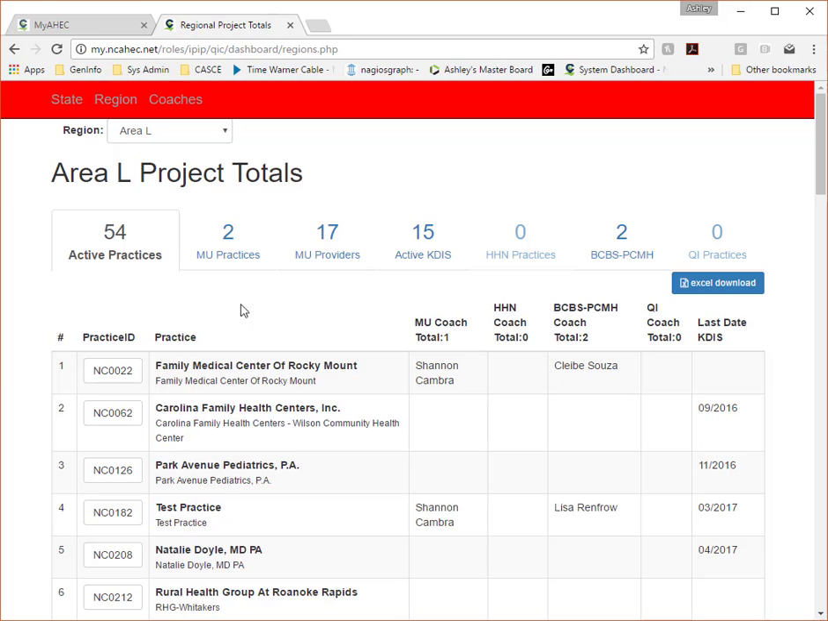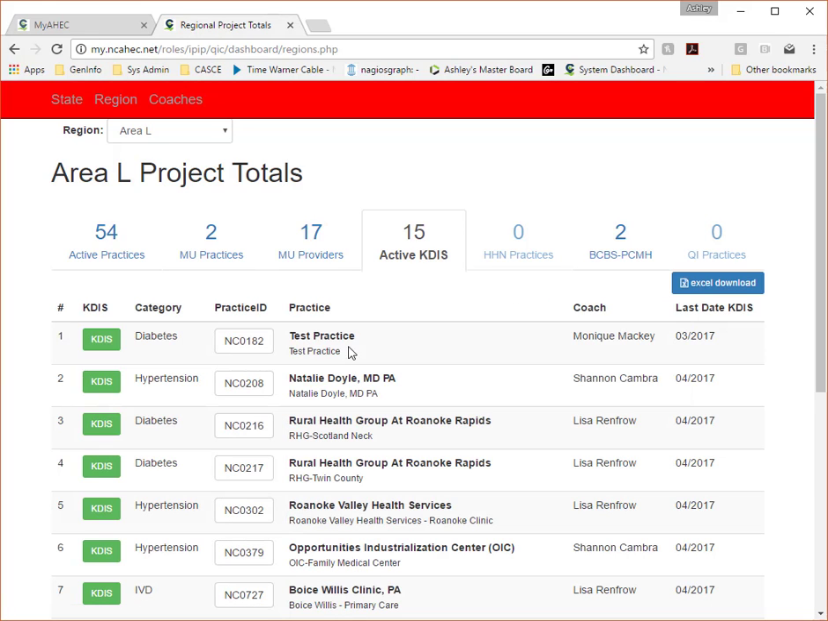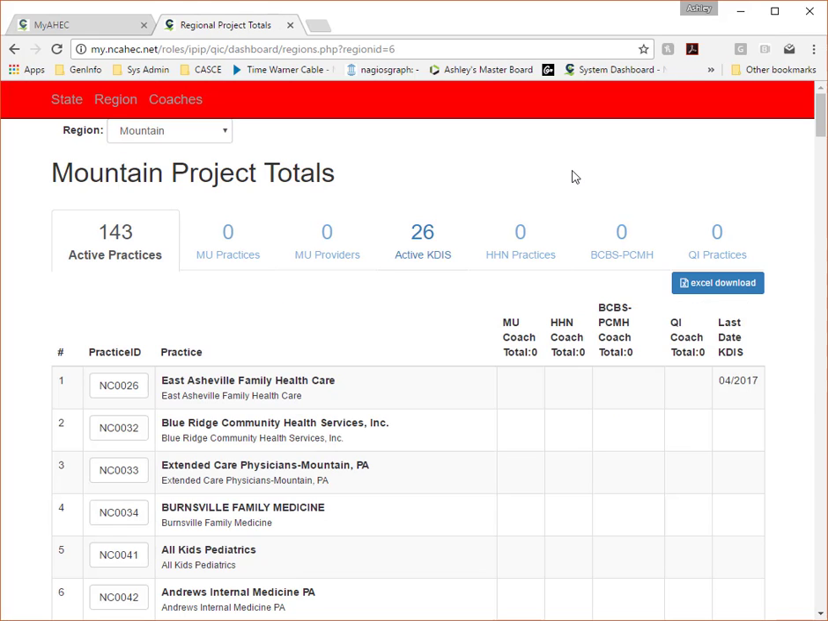Just as in the other screen, if I click on Active CADIS, I can access the practice status page or the individual CADIS. And again, the Excel downloads are in place. Each region can be selected from a drop down, and the information will refresh. If I click over to the state view,